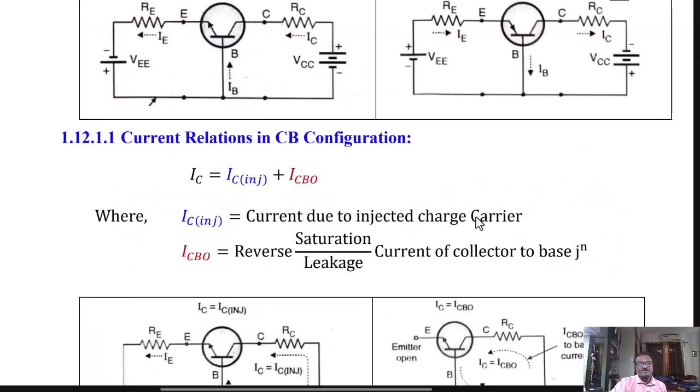The current relationship in common base configuration. From the figure shown under operation, in common base region, the collector current IC is observed to be IC injected plus ICBO, where IC injected is the current established by injected charge carriers from emitter to base, and those are collected by the collector. Whereas ICBO is the reverse leakage current of the base to collector junction due to minority charge